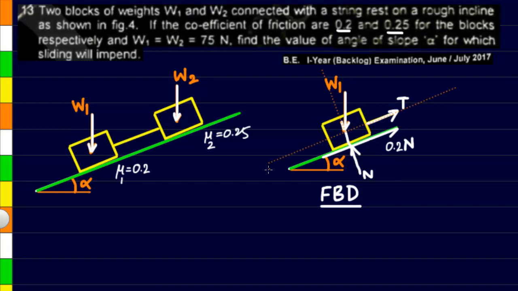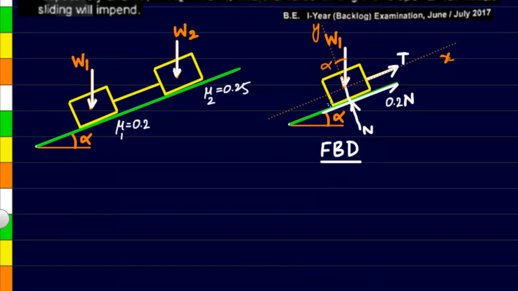Now we have to take a line parallel to the surface as x-axis, and this dotted line perpendicular to the surface should be considered as y-axis. The angle of this vertical weight W1 will be alpha, and the remaining forces are either parallel or perpendicular to one of the reference axes. Now, since the object is just beginning to slide, it is a problem of statics, and we can apply the equations of equilibrium on it. All the forces are almost concurrent, so we will take the two equations, sigma x and sigma y, both being equal to 0. So let us take all the components of forces in x direction.